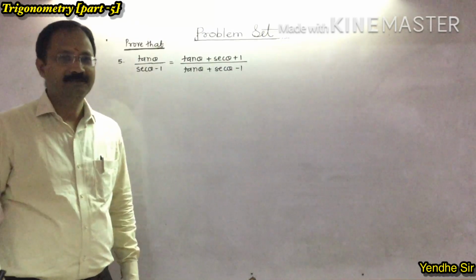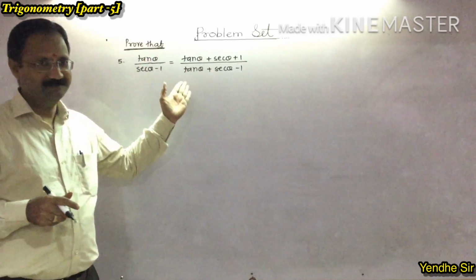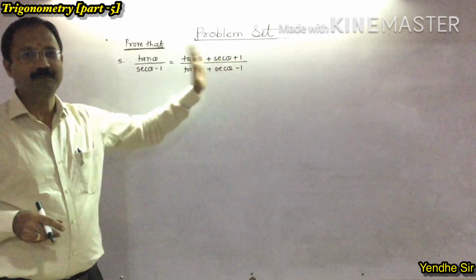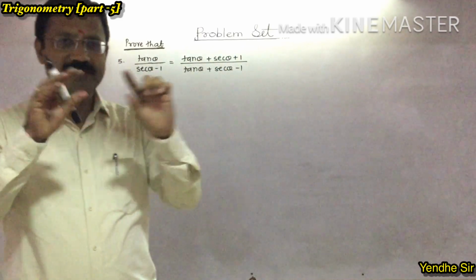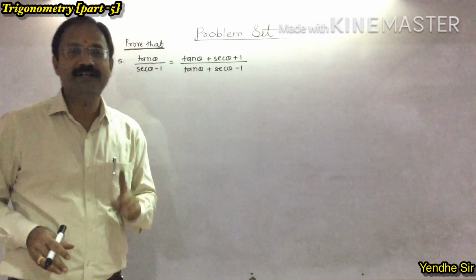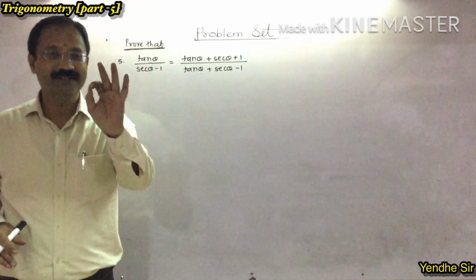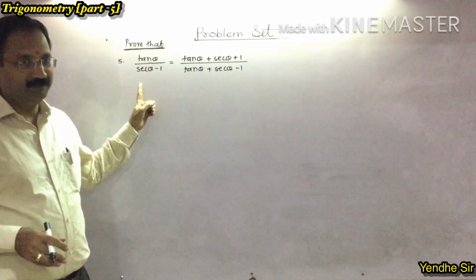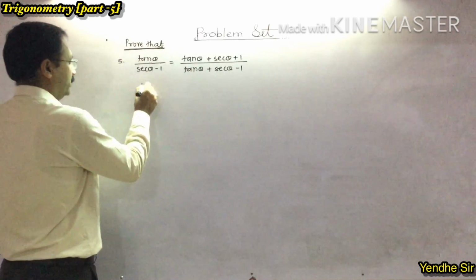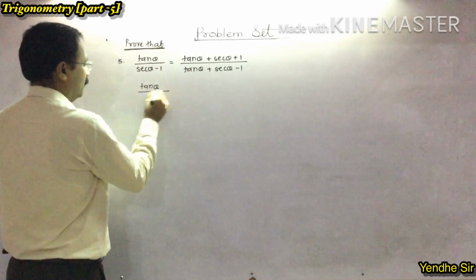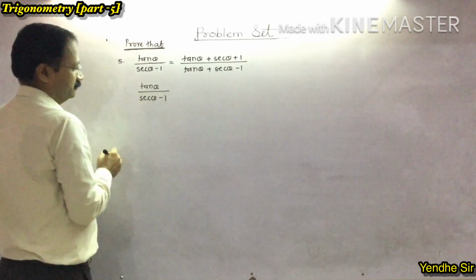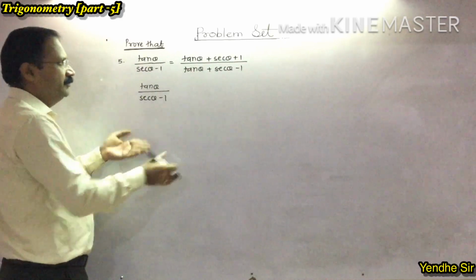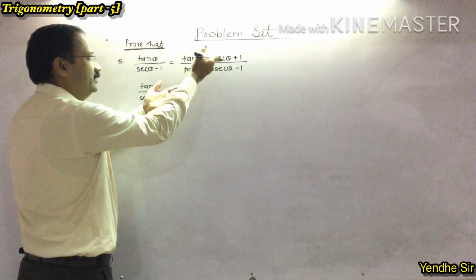Okay, let's start with sum number 5. See this? Again the same sum: tan theta plus sec theta plus 1. If you find a relation like this, then it is 101% a theorem on equal ratio. So first, I told you that by the identities, you have to solve it first. So I am going to take tan theta upon sec theta minus 1. I am not going to convert it into cos theta and sin theta. Why? Because we have to prove it in tan theta and sec theta.